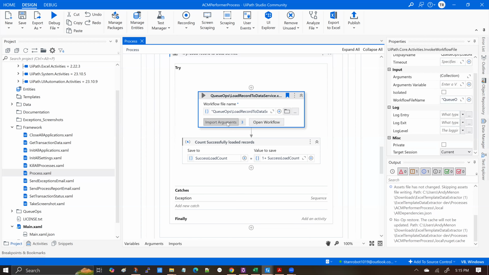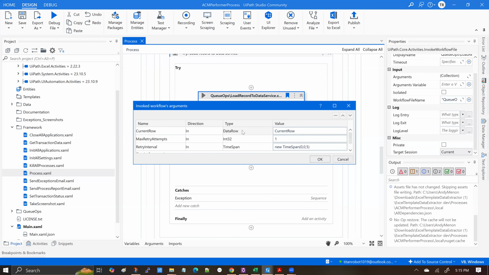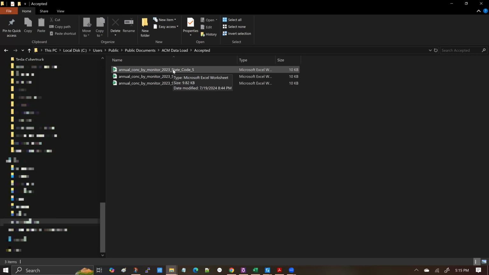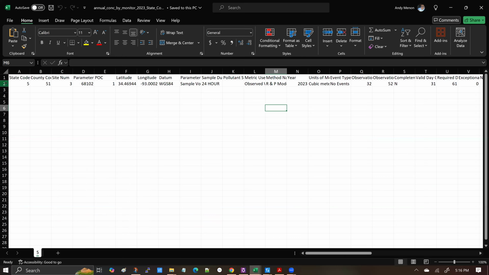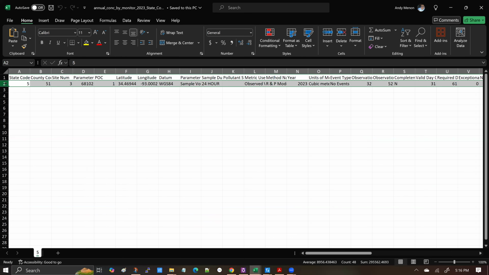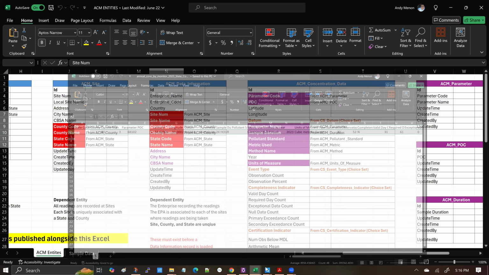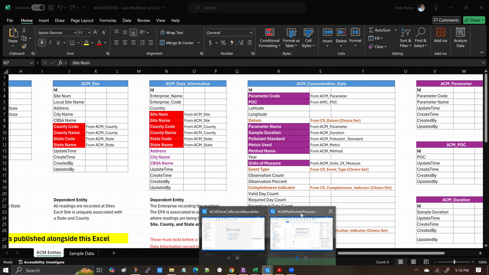So the input to this flow will be your current row from the current file. Let us say I open state code 5. So this is the current row representation. And all the actions that you're now going to see will run within the context of this current row, okay? If I go back to the performer process and open this flow,